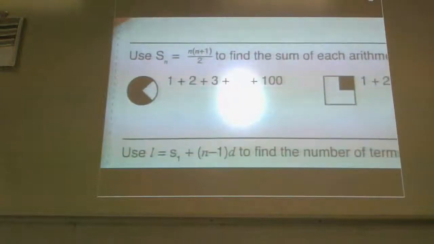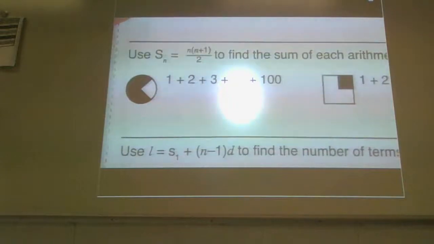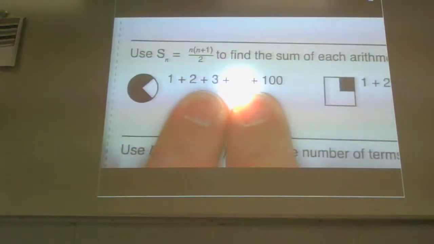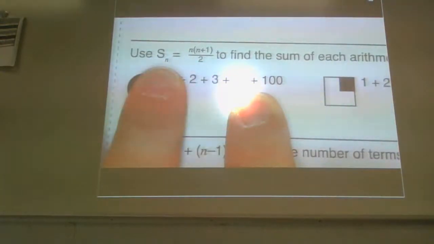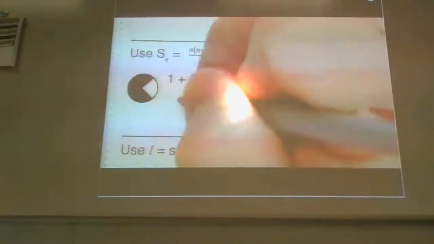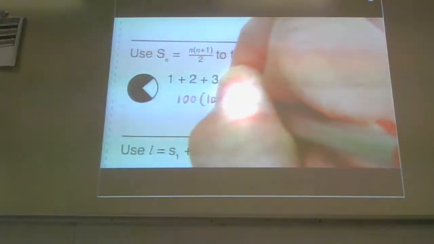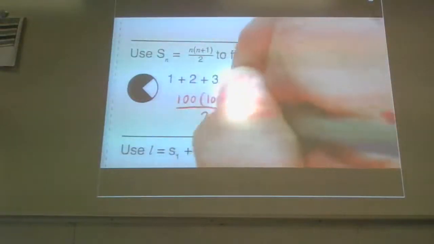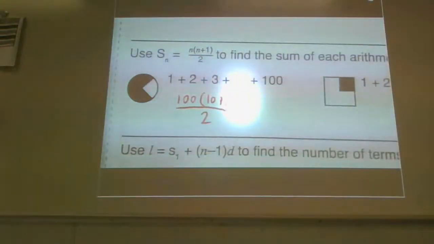But then you can see the third section, they're using that formula to find the sum of each arithmetic series. This one right here, that's the formula that Carl Gauss eventually came up with when he was an adult. And this problem right here is quite literally the problem that Carl Gauss was faced with when he was a child. If you're trying to find the sum of the first 100 terms, it's just a matter of 100 times 101 divided by 2. And whatever that answer is, then you can identify that answer in the grid above and shade it in.